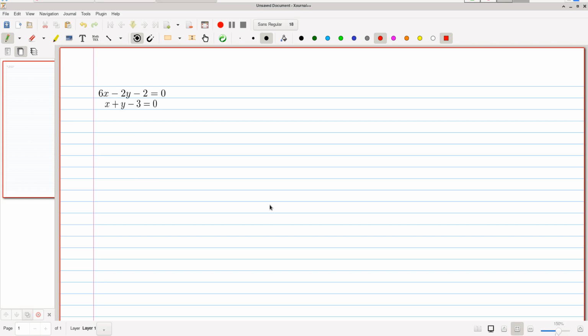Solve the system of equations graphically. 6x minus 2y minus 2 equals 0. x plus y minus 3 equals 0. To solve graphically, that means we need to graph the first line, graph the second line, and then see where